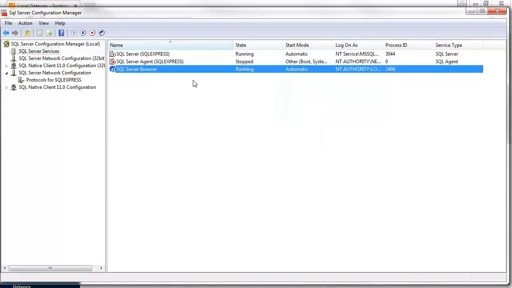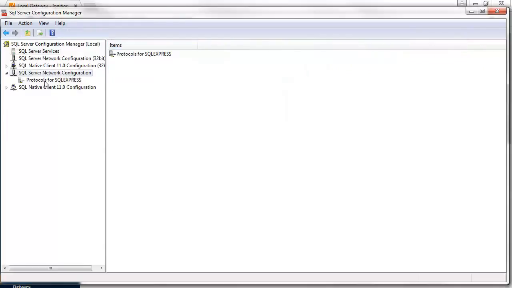Now the next thing you're going to want to do is come down to this SQL Server Network Configuration section here, and there should be a Protocols for and then some instance name. Whatever instance name you chose when you installed SQL Server, that's what will be listed here. I didn't change mine, so I'm using SQL Express, and this is the default instance name for SQL Express. You want to make sure that when this is selected, the TCP/IP protocol is enabled. By default, it's set to disabled, so all you have to do is double-click,